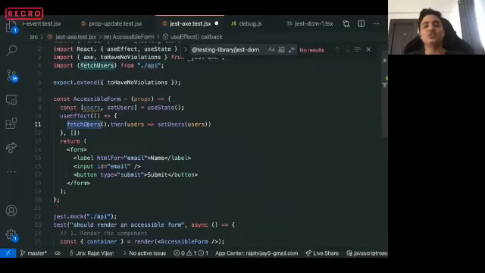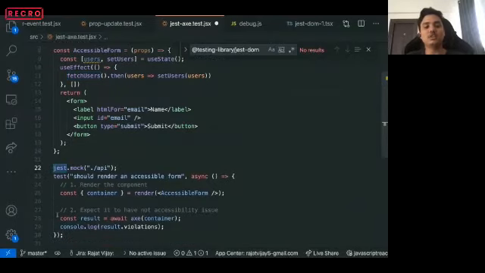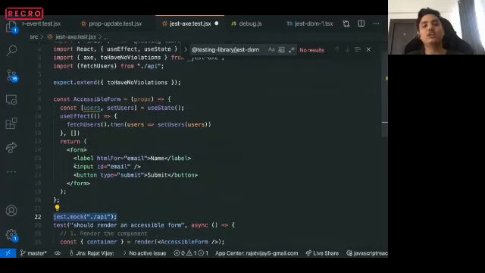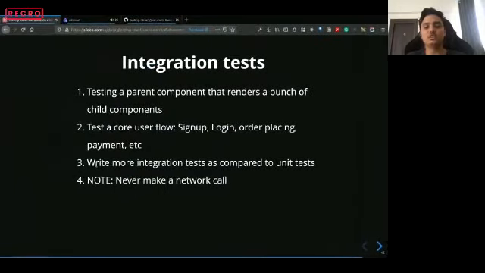So instead of calling the actual fetchUsers that makes an API call, all of your test cases that have this line on top of them will be calling a mocked version of fetchUsers. This is how you can write test cases without making an actual network call.